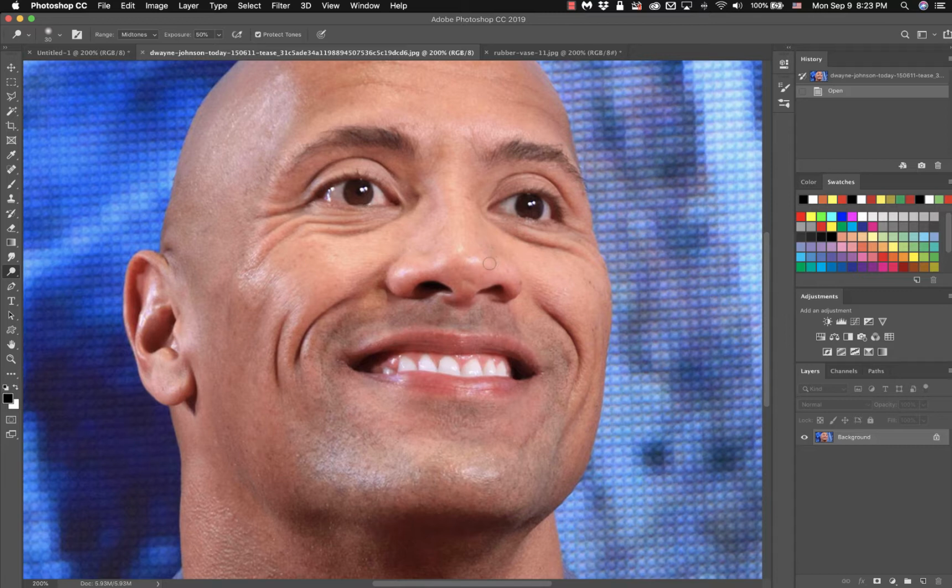The highlights are fairly small right here on the tip of his nose. So we want to match up the size of the brush to roughly just a little bit bigger than what the highlight is. The reason being is the larger the brush, the more area gets affected. So if we want to just affect a small concentrated portion, we have to keep the paintbrush small just to affect only that portion. So I'm going to hold down my left mouse button and just brush over the area